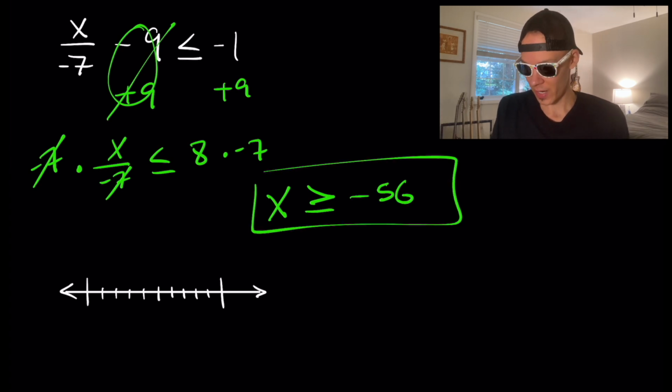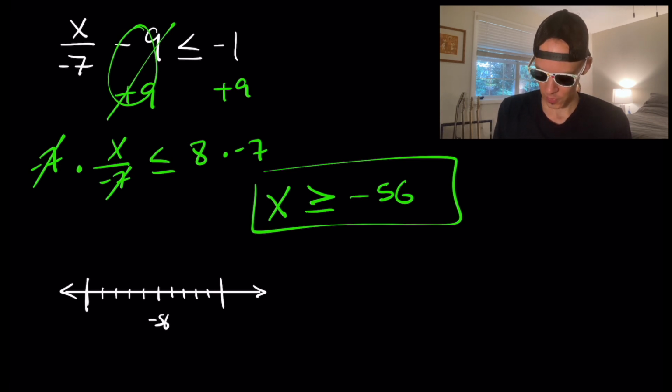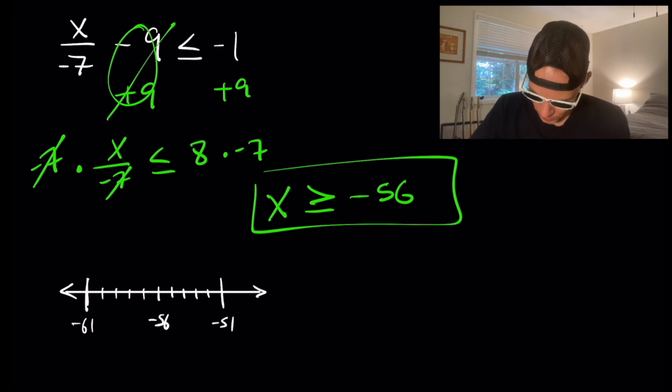So for my number line, I can just pick any spot to be negative 56. So I'll just put it right in the middle. Why not? So negative 56. These larger tick marks are 5 away, so this is going to be negative 51 if we're going more positive, and this is going to be negative 61 going more negative. So I'll do my closed circle at negative 56,